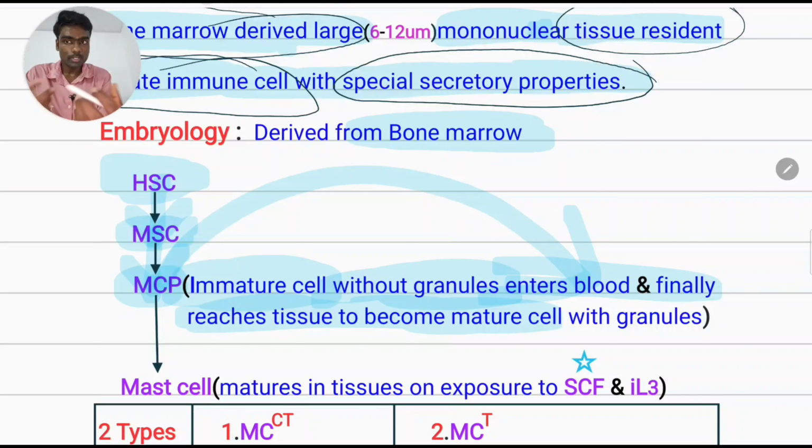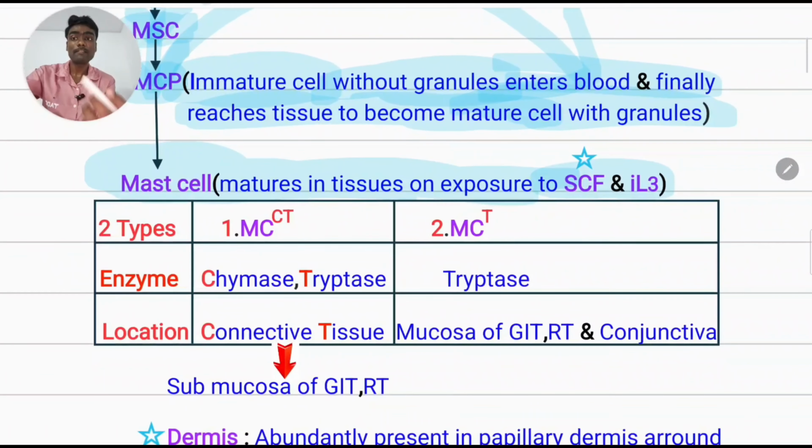Now what is a mature cell? A mast cell full of granules. How does this immature mast cell become a mature cell? By the influence of stem cell factor and interleukin 3 present in those tissues, finally becoming a mature mast cell in the tissues. Based on where this mast cell settles, in which tissues, and what they secrete, it is divided